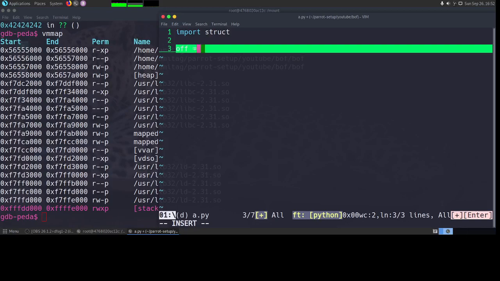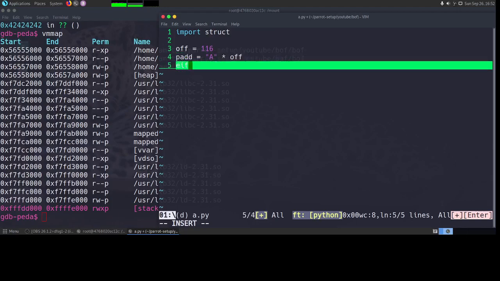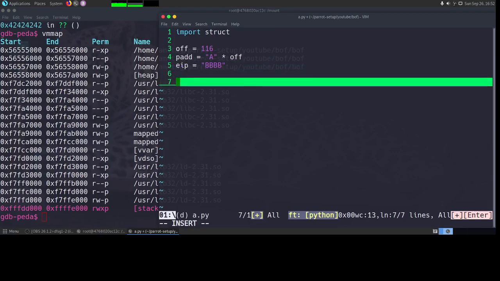Then we need the offset, which is 116, which is what we found just now. Then we need the padding, which is basically a bunch of A's multiplied by offset. Then we need the EIP, which is what we will put once we figure out where we want to jump in the stack.